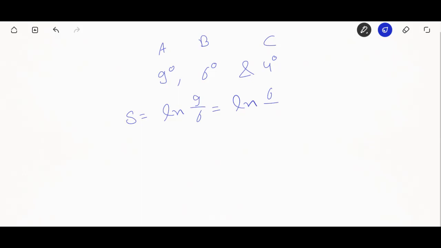Now we can see that, for a torsional pendulum, I'm just taking a normal example, not the broad one here. If a torsional pendulum is successively having amplitudes of 9 degree, 6 degree and 4 degree, we need to calculate the logarithmic decrement, as I said earlier. Now how can we calculate it? Here we have successive amplitudes A, B and C. So delta is equal to ln 9 by 6, and it has a similar value for ln 6 by